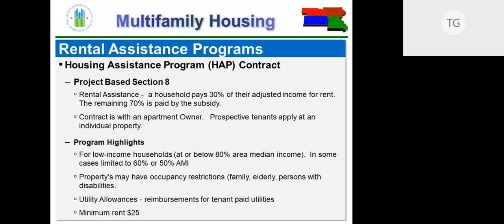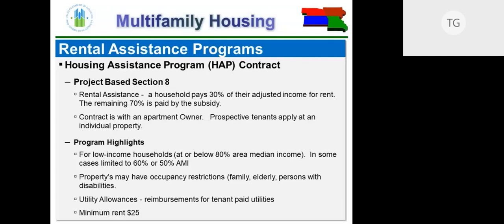The main highlights for our Section 8 program are that it targets low-income individuals, so individuals at 80% or lower of area median income. Some of the programs actually have a narrower income band and look at very low-income individuals at 60 or 50% AMI. Our subsidized properties do have occupancy restrictions, so some projects are designated as family, where anyone 18 years of age or older could apply. We also have elderly projects targeting individual heads of household 62 years of age or older, or housing for persons